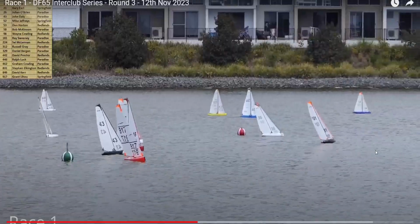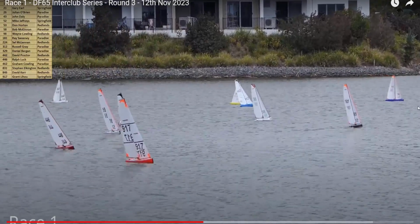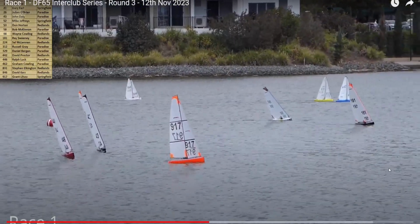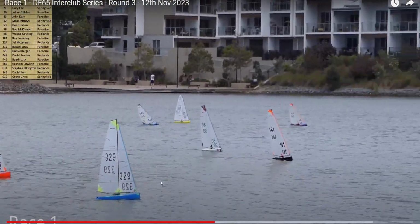So let's go back to the start. In fact, here's 14. We'll just keep an eye on 14 running up to the left, and I'll just show you what I mean. 329 tacked early and came down the inside here, and I think we're just going up to 329 now. Will come into shot. There he is. So he's back, come back on port. He's now on starboard,